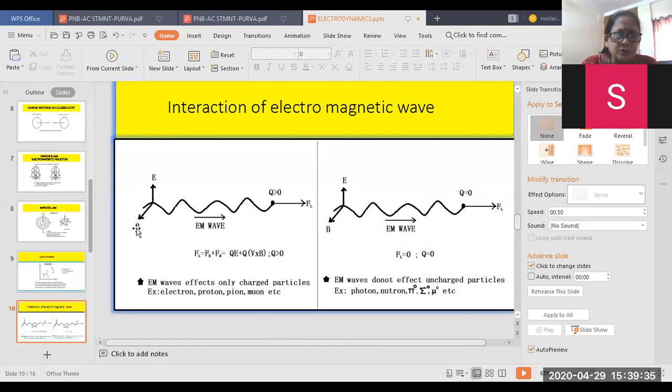Fine. So here I have shown FL in a different way. Let us say there is a charge here at some interval of time. So it is a positive, non-zero charge particle. I have given examples here: electron, proton, muon, pion, etc. Pion plus and minus, muon plus and minus you can take here.